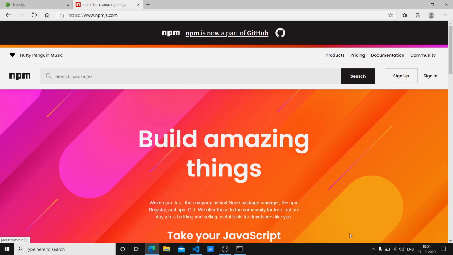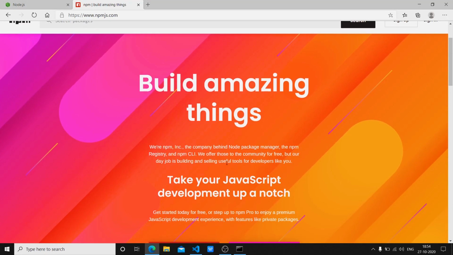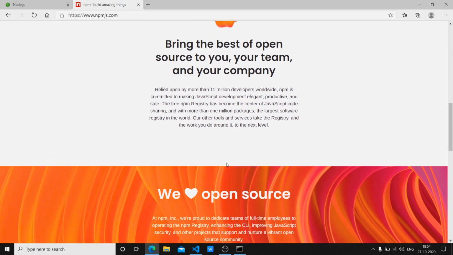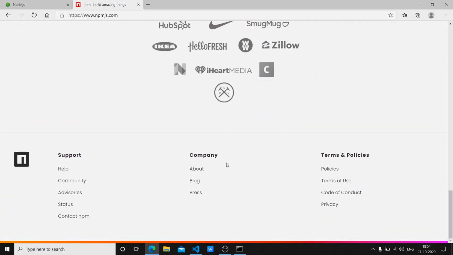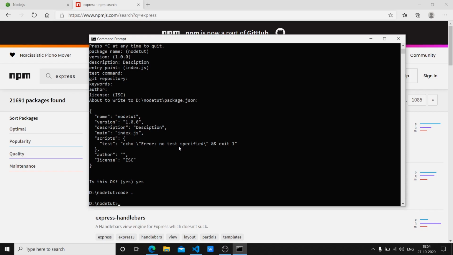So if you just head over to npmjs.com, this will give us a list of all the npm packages that we have here. But to use a package, we have to first install it, and there are two options. I have to say npm space install, and I can omit the complete install. I can even put a simple i, and I'll be good to go. So if you want to install something, you can either use npm i or npm install.